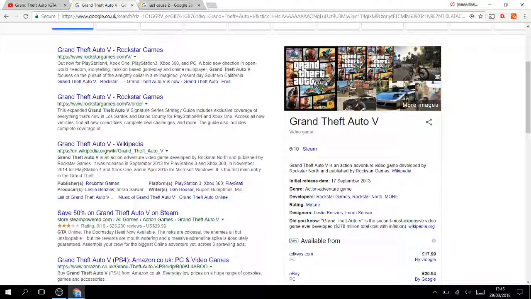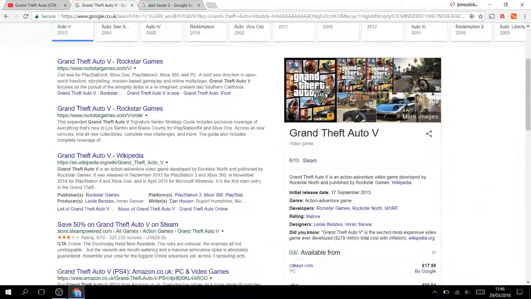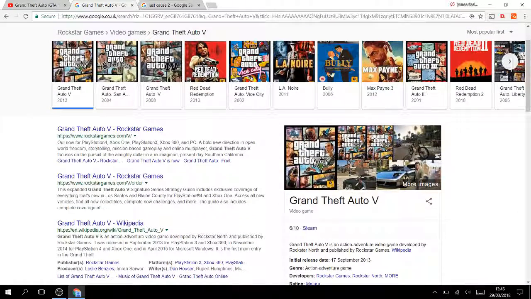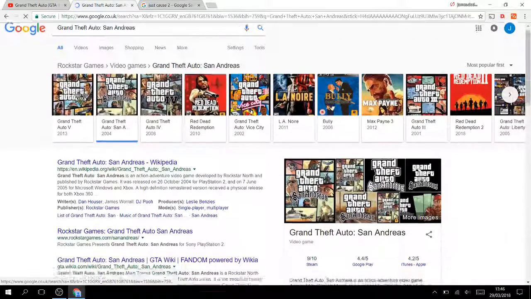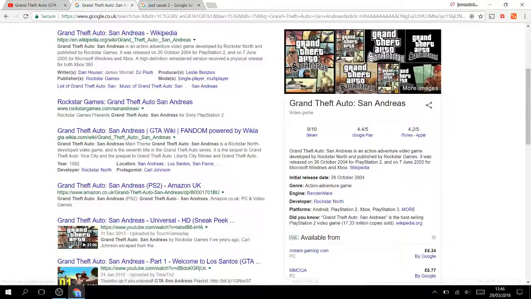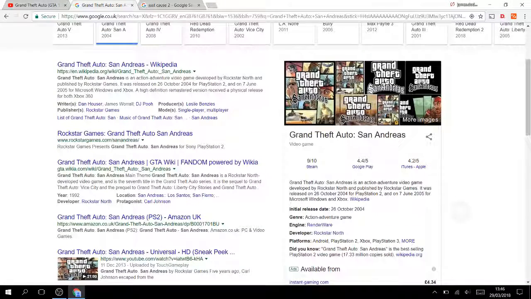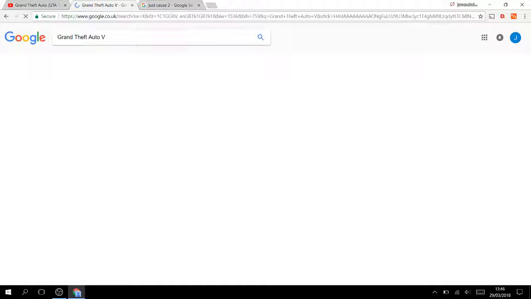And now you see, Xbox 360 and PS3, these consoles have been around for a while. If we go back, let's say to San Andreas, Grand Theft Auto, you see on here, this was on PlayStation 3. So we are talking a game from 2004 was already being able to be played on a console they had to release GTA 5 for.